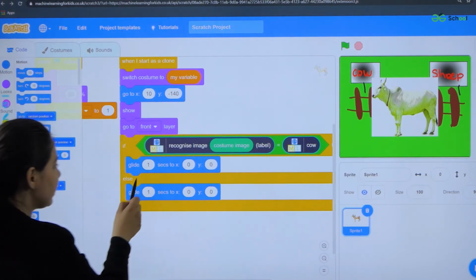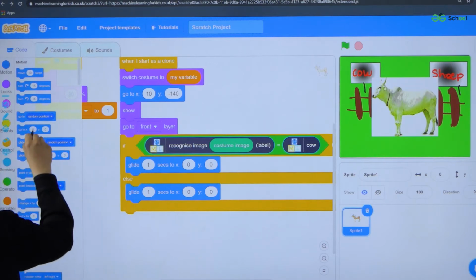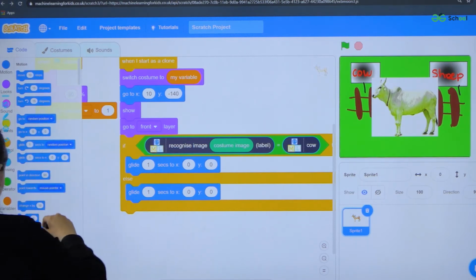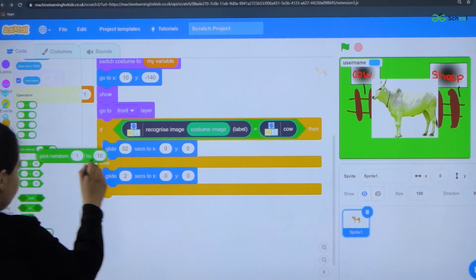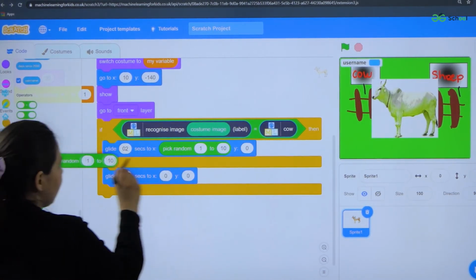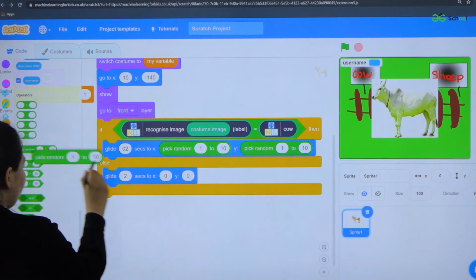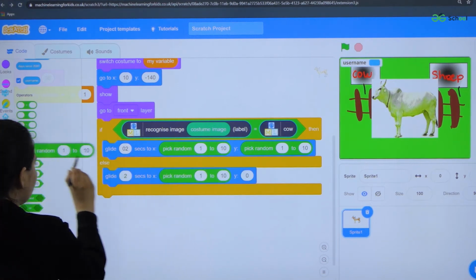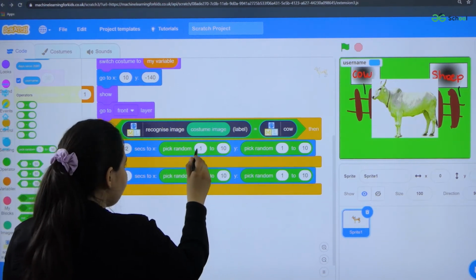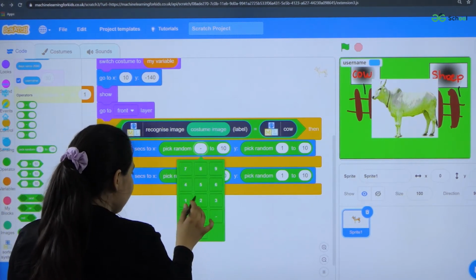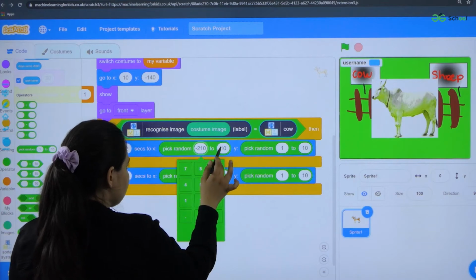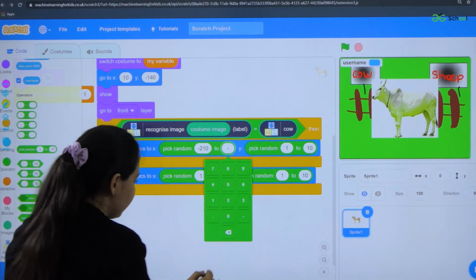Now I have to select some random positions. So let's pick random coordinates for the x and y position of the images. For my x-axis, I am selecting the negative coordinate.